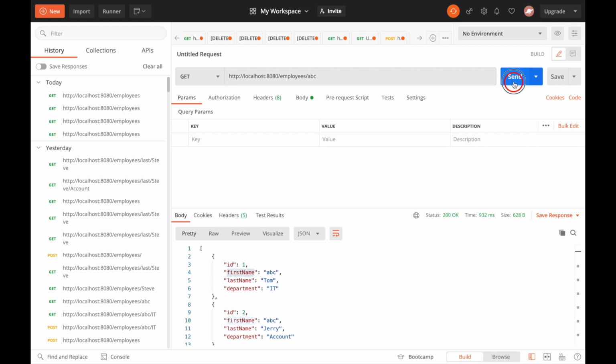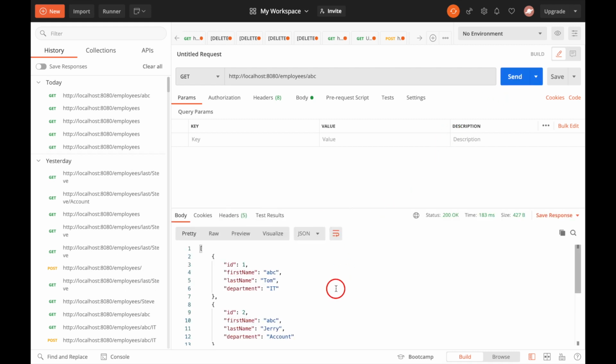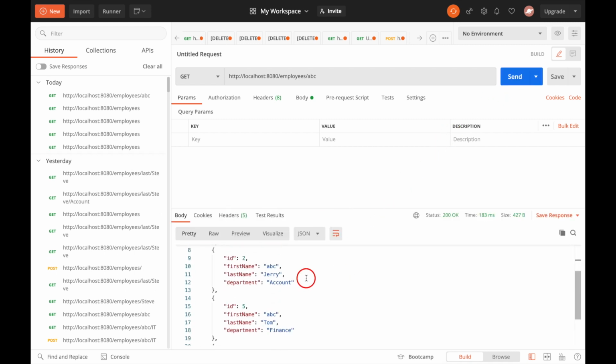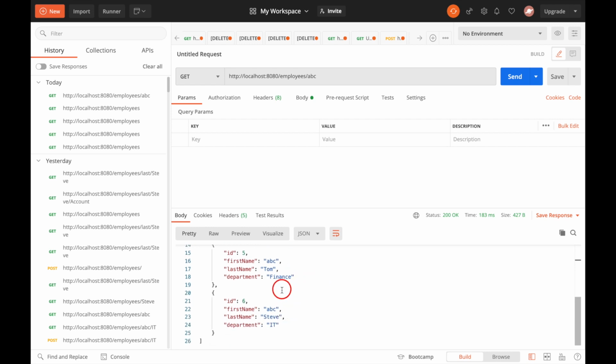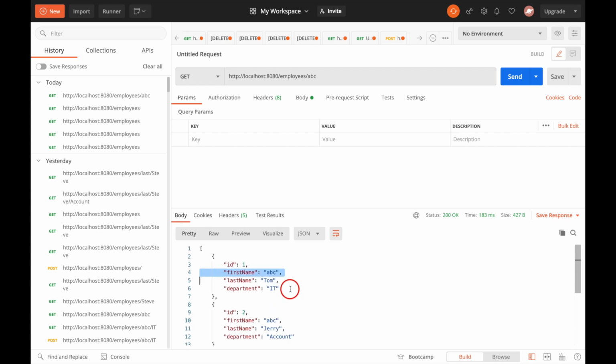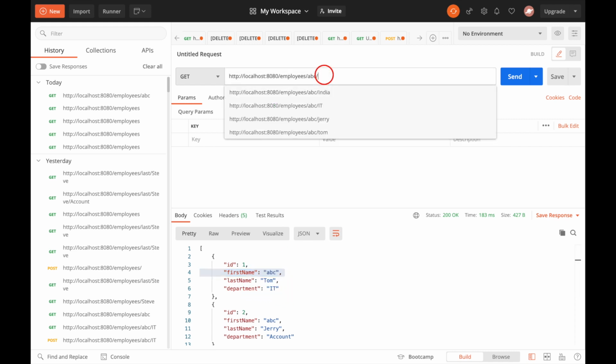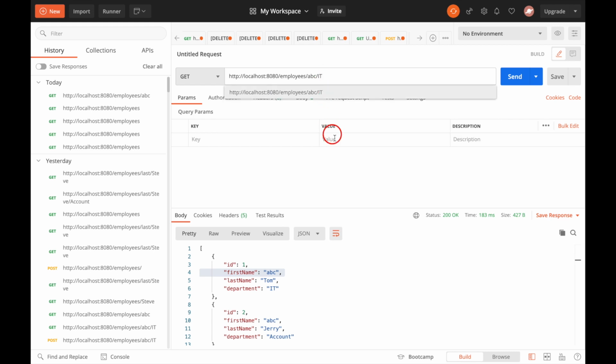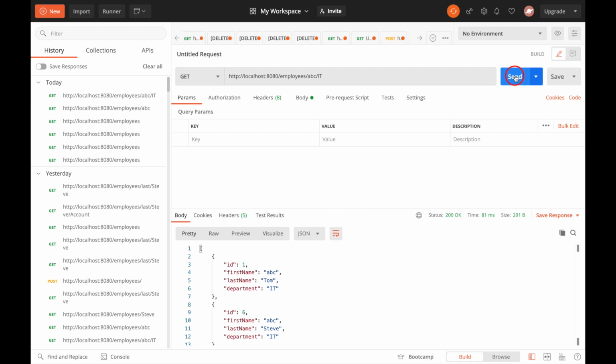Let's hit the endpoint and see whether it's working or not. Okay, it's working fine, guys. Actually, we have different types of departments, right? So I want to filter by using department as well. Just starting with ABC and department IT. So let's hit this and see.